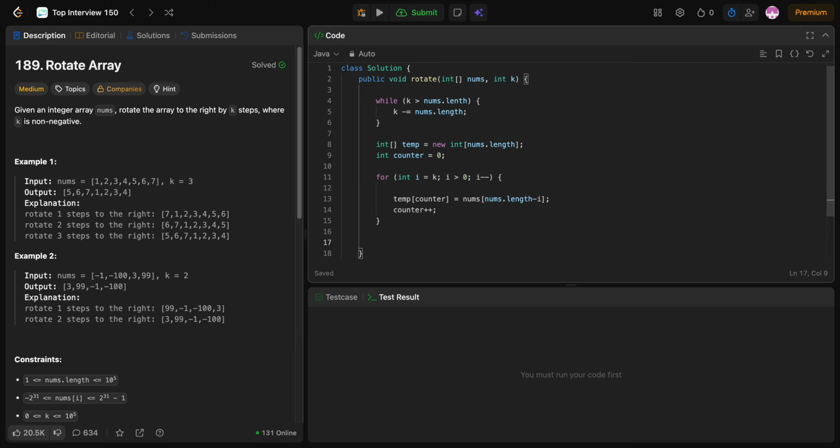Okay, so now for int i equals 0, i is smaller than... I think again we need to do i is smaller than k, because we've done the last k elements. So now we need to get the first elements minus those last k elements. So i is smaller than k, i plus plus,